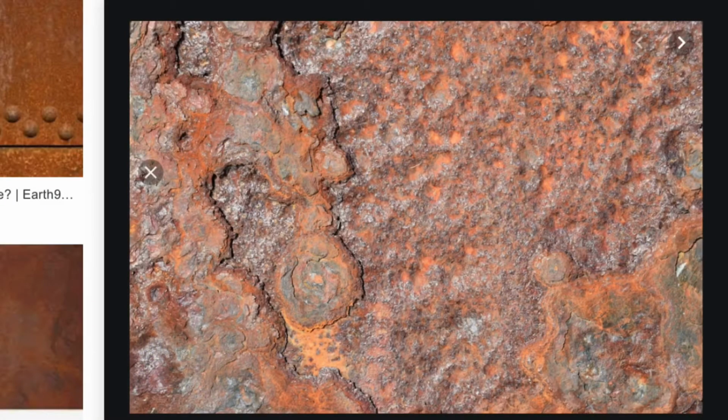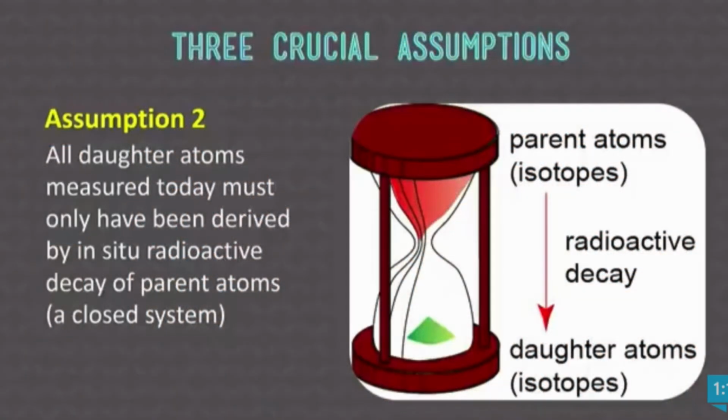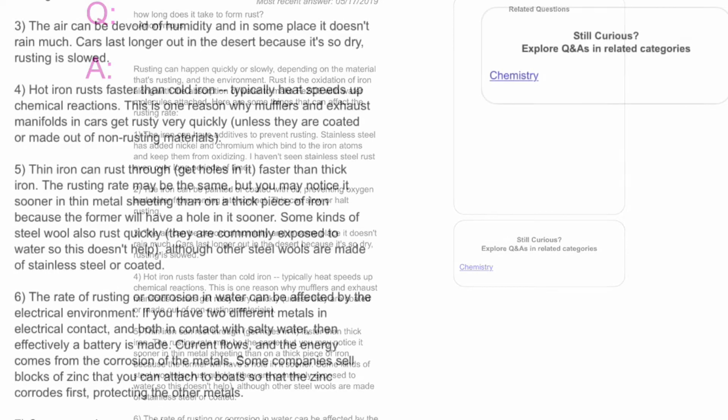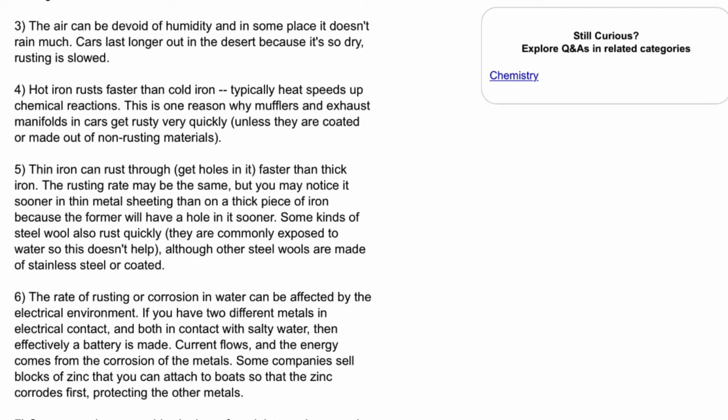Now, for the second assumption, if I took a piece of metal and soaked it in water for a little while, it rusts way quicker than if I had a metal just sitting out on the counter. And you might come along and assume that it took 30 years, because if you knew that it took 30 years for it to rust and you didn't know how it was soaked, you might assume that. Now, if the rock has been underneath the ground, or frozen for a long time, or soaked in water, if they didn't know, then how do they know that the elements haven't affected the rock? Can you imagine if it maybe only took a week for that metal to rust, but you figure it took 30 years? Can you see how off that could be with the radioactive dating?